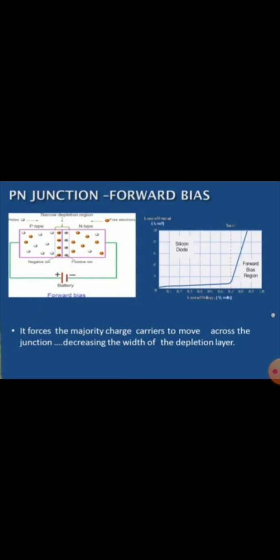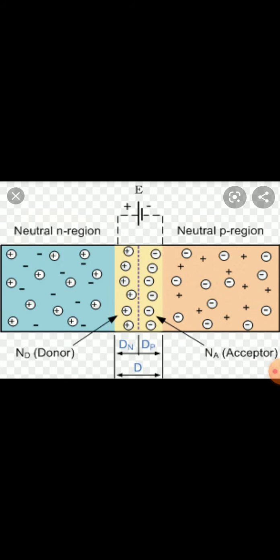To apply the reverse bias, we connect the negative terminal of the battery to the P type and the positive terminal to the N type. So it is clear that the applied reverse voltage establishes an electric field which acts in the same direction as the field due to the potential barrier. So the resultant field at the junction is strengthened. In forward bias it is weaker, here it is strengthened. So the barrier height is increased, and the increased potential barrier prevents the flow of charge carriers across the junction. So it is a high resistance path for the entire circuit, and the current doesn't flow.